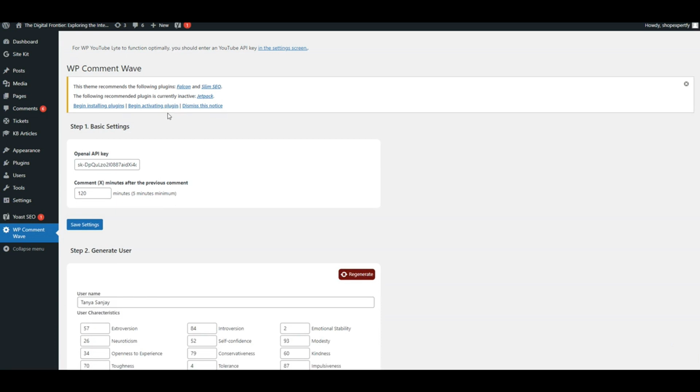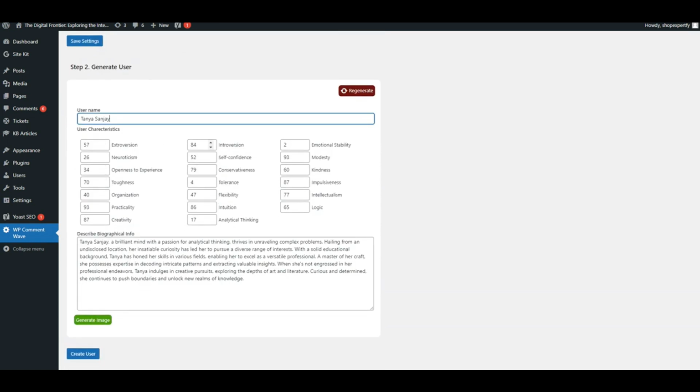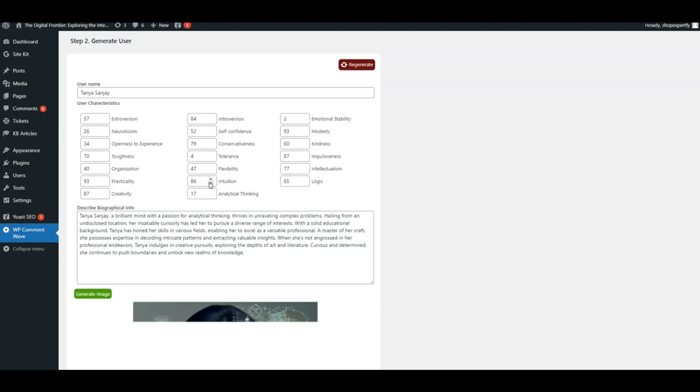Then, the plugin selects a random value from 1 to 100 for a series of psychological portrait characteristics, such as openness to experience, conservativeness, kindness, toughness, tolerance, impulsiveness, and others. You can adjust this list of characteristics through the plugin's config file. Based on the generated characteristics, a request is made to OpenAI to generate a random text biography of the user. Based on this biography and the user's experience, it is assumed that comments on your posts will be made by the user in the future. Accordingly, these comments will have a psychological shade corresponding to the user's biography and experience.